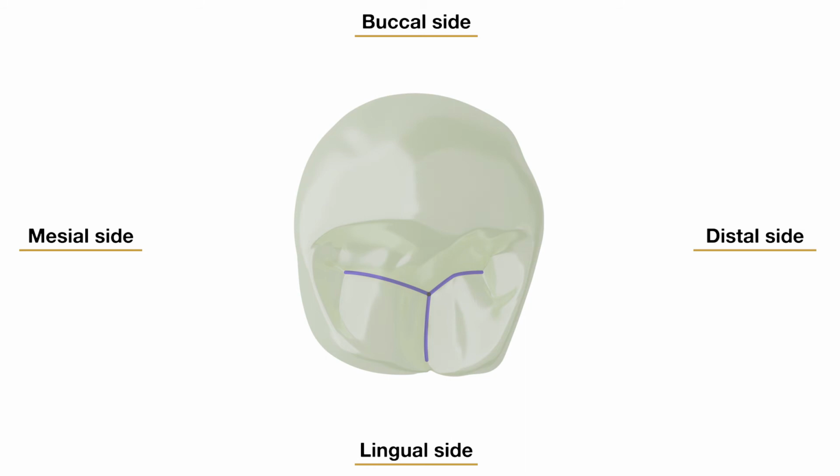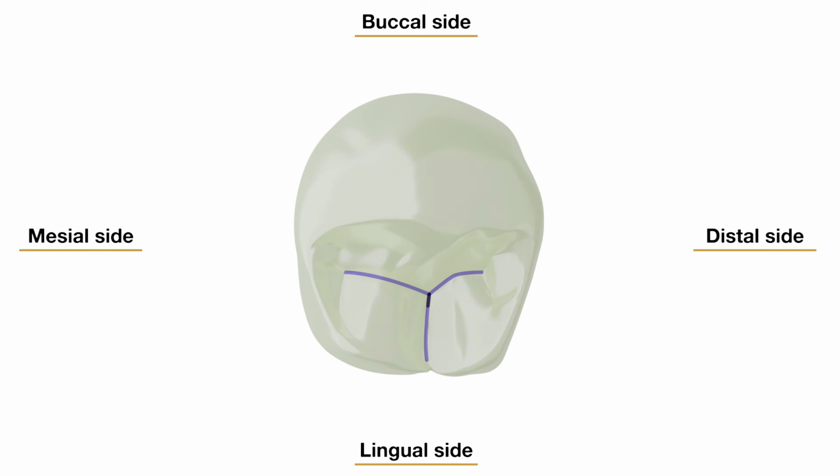The central pit is located midway between the buccal cusp ridge and the lingual margin of the occlusal surface, and slightly distal to the central point between the mesial and distal marginal ridges. Starting at the central pit, the mesial developmental groove travels in a mesiobuccal direction and ends in the mesial triangular fossa, just distal to the mesial marginal ridge. Similarly, the distal developmental groove travels in a distobuccal direction and is somewhat shorter than the mesial groove, and ends in the distal triangular fossa mesial to the distal marginal ridge.